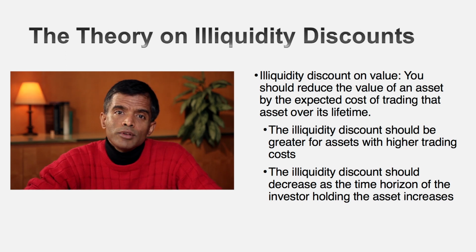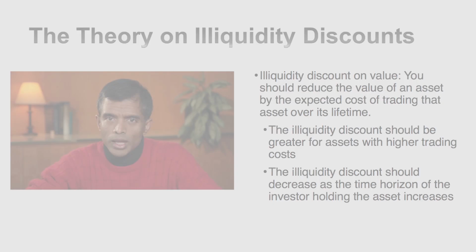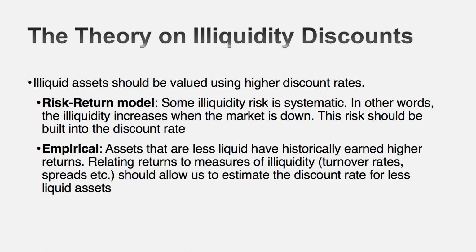Here's a second. Instead of adjusting the value after the fact, you push up the discount rate for illiquid assets. And you're saying, how am I going to do this? Let me at least lay out the table on how we're going to do this. There's actually a third approach that I will not touch on, which is to treat illiquidity as an option. It's kind of a messy approach, so it's an approach that I think is beyond this session. But let's talk about adjusting the value for liquidity.